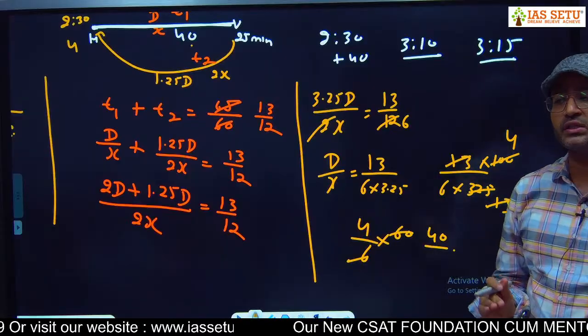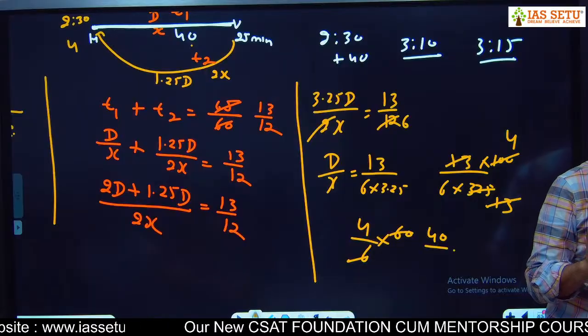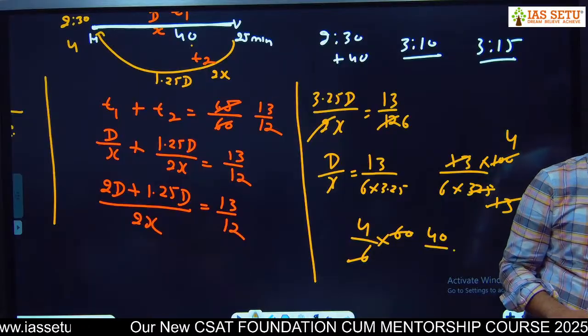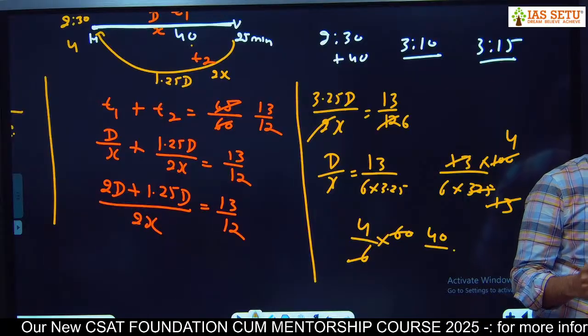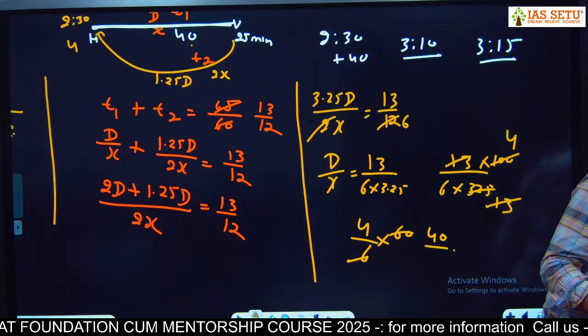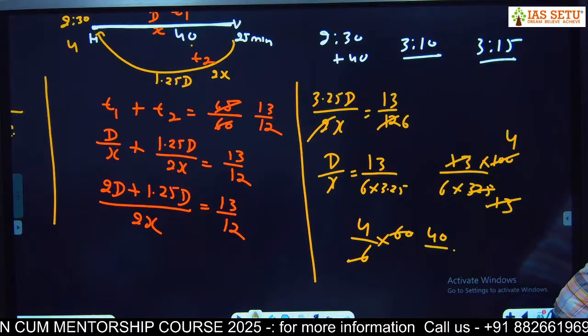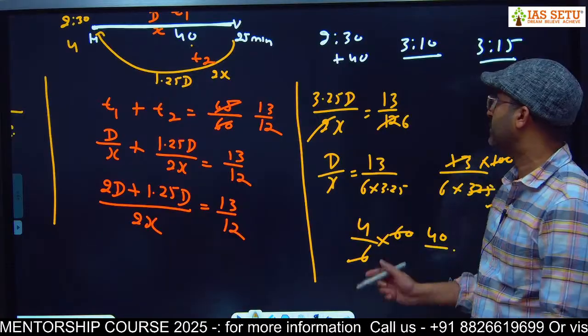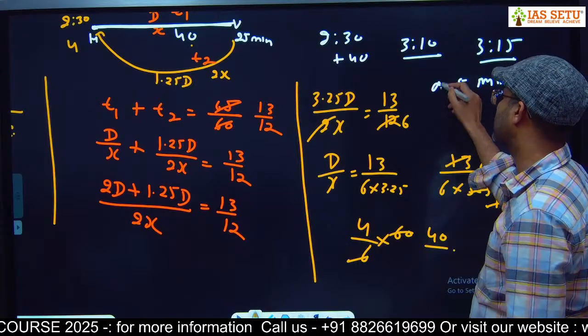So question is that village clock is slow or fast? It is slow by 5 minutes. आपकी village clock slow है 5 मिनट से, या fast है? Fast होगी, sorry, fast. Village clock is fast by 5 minutes. Answer is D. Fast. Online student, fast. It is fast by 5 minutes. 5 मिनट फास्ट, डी आंसर है इसका।